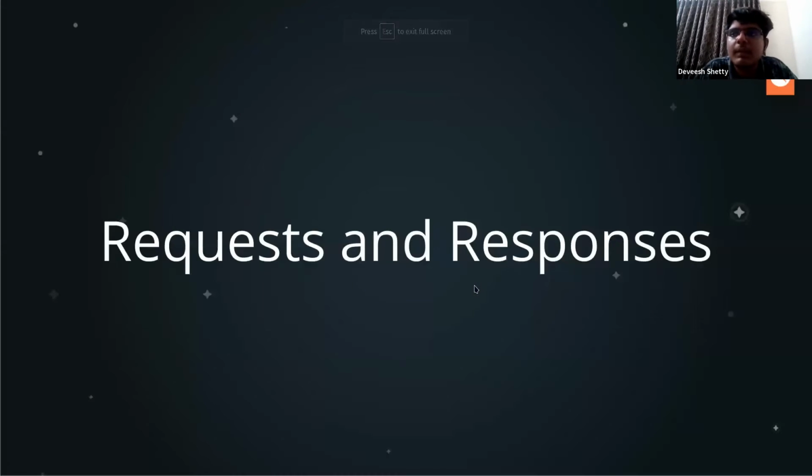Imagine you want to go to Goa and you want to ask permission from your father. First, you will be requesting them. It is from the user to the server. Imagine your parent is the server and you are the user. You are requesting them, can I go to Goa? Then they will give you a response for that request.